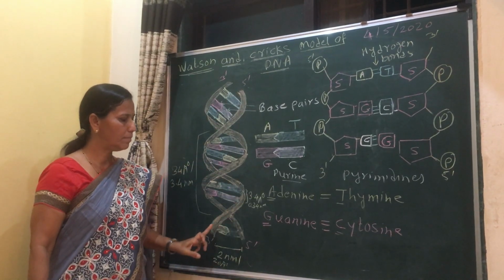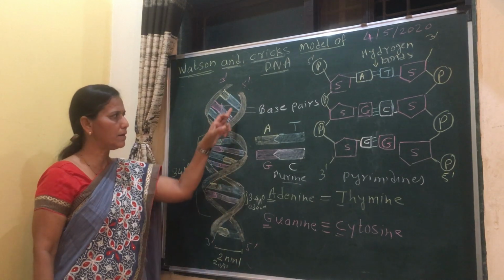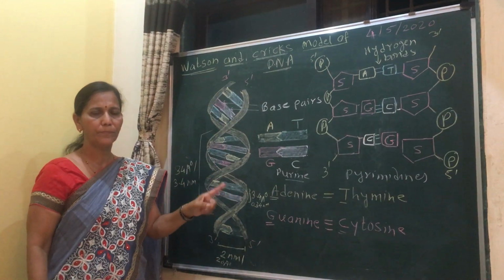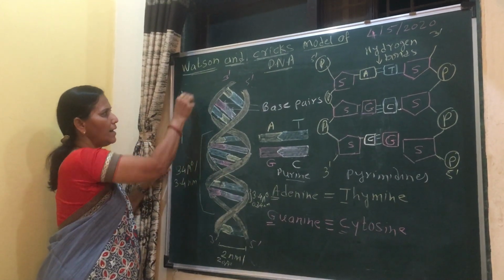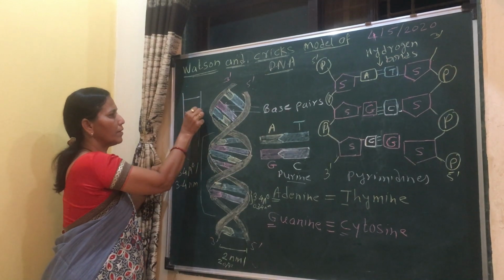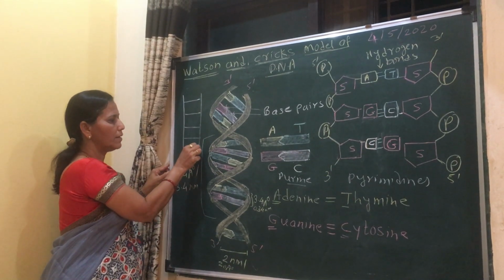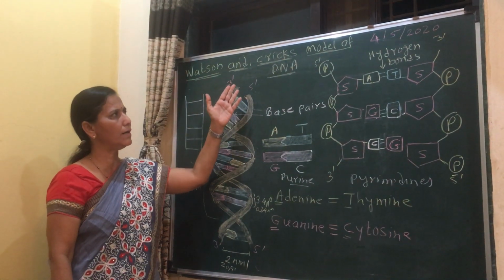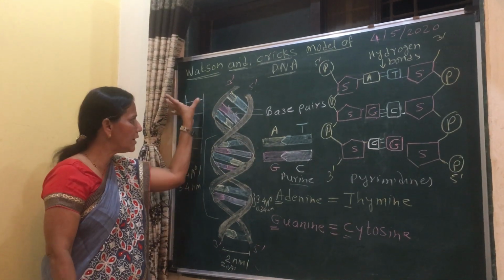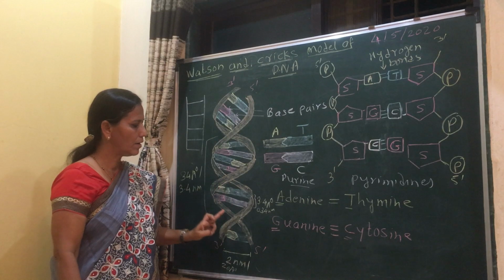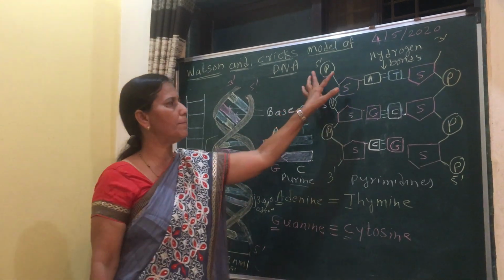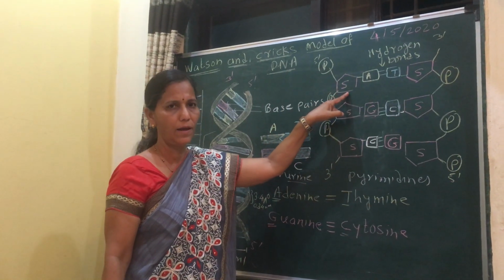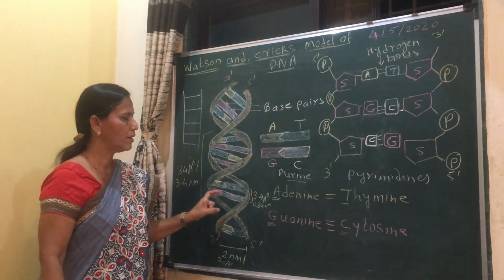These are the banister. Banister means upright arm, and these are the rungs or steps. This structure is just like a ladder, but here it is spirally coiled, hence it is called the double helical model of DNA. Here this upright arm of the banister is made up of alternate joining of phosphate and sugar, and the rungs or steps are made up of